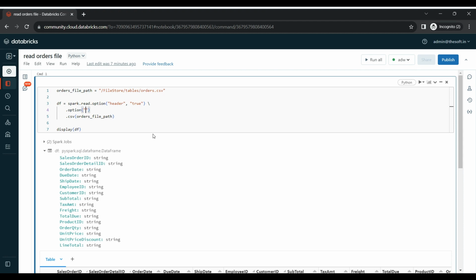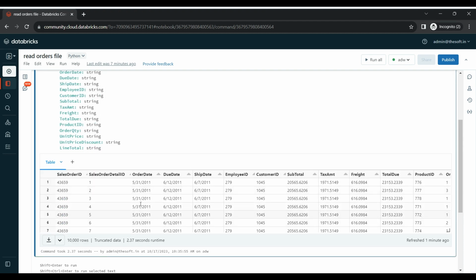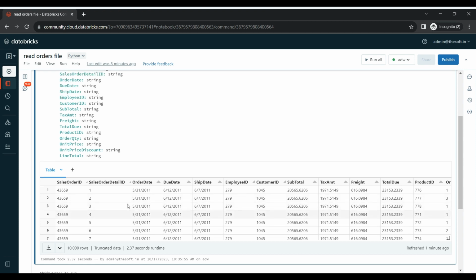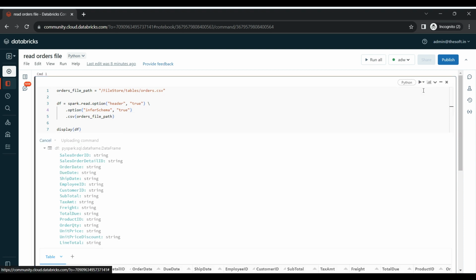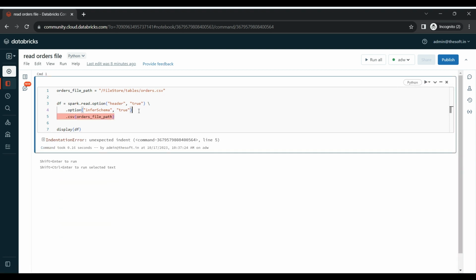We can pass another option here to read the CSV file with some data type, not exact, but some data type. That option is called infer schema. By default, again, this is false. That's why we are not getting any data type other than string. If we make it true and run this command,